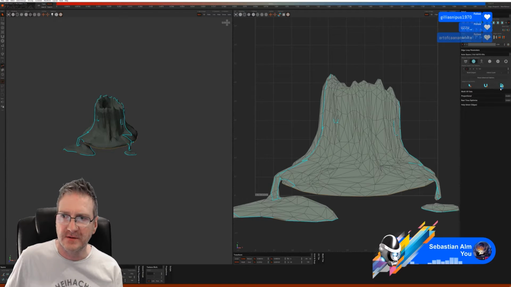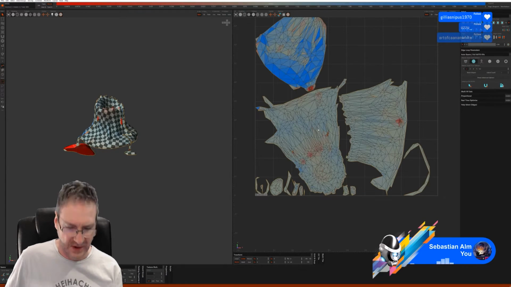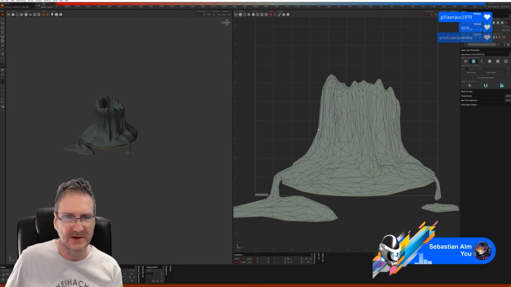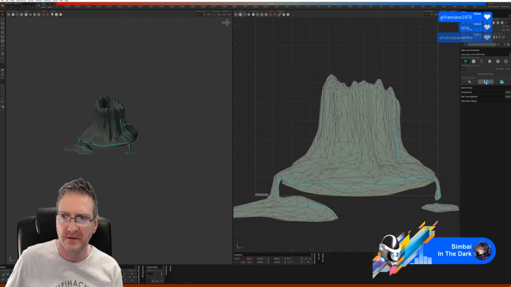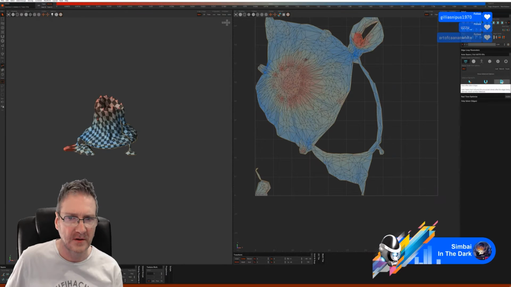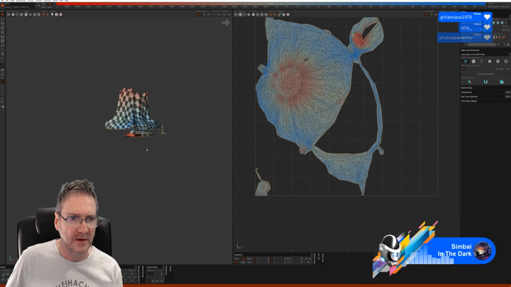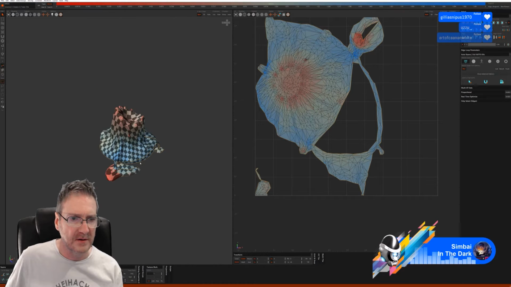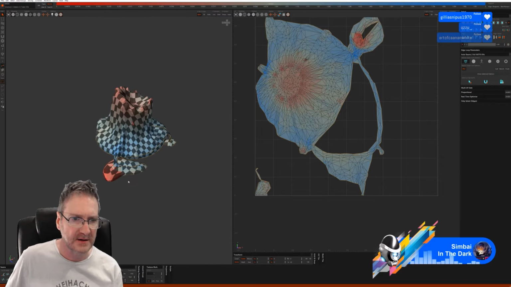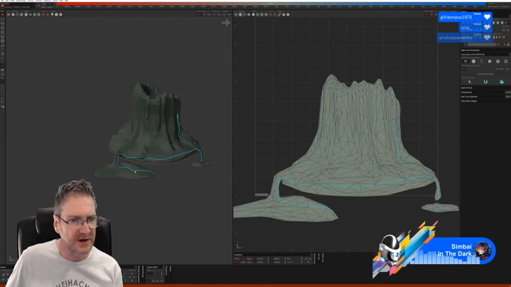Let's try this one. No, not that one. Again, it's a really weird shape for it to try and do an unwrap on. It's not bad except for just there. Let's see if we can get a better result.